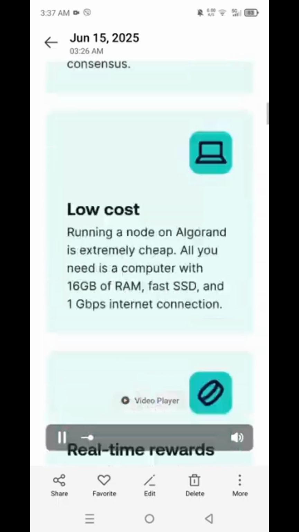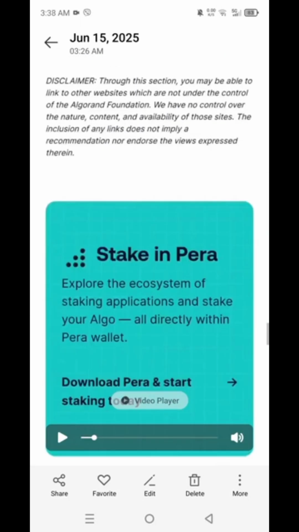download the Algopera wallet. For additional information, the Algorand Pera wallet, or Algopera wallet, is a decentralized hot wallet. This means that we are the ones accountable and responsible for saving the 24 words or 12 words seed phrase, so that we can better manage how we hold, buy, sell, or swap our Algo holdings or Algorand cryptos, together with the other applicable cryptos within the Algorand ecosystem.